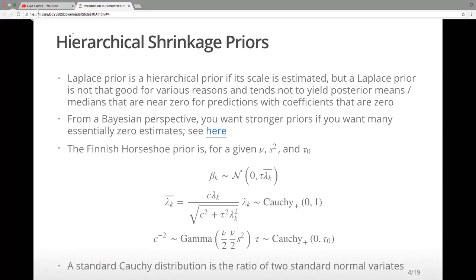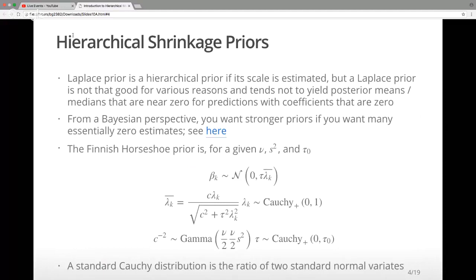So it could go either way. But you could do one of these for the coefficient on what state you live in, if you think of the 50 states as being represented by 50 dummy variables. This might be a little bit extreme for states because there's a lot of variation by region and stuff like that. This might be shrinking towards zero a little bit too much in that context. But if you think about modeling all your genes as predictors, then definitely you're going to want more concentration towards zero there.